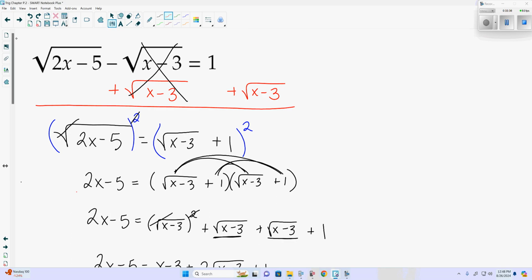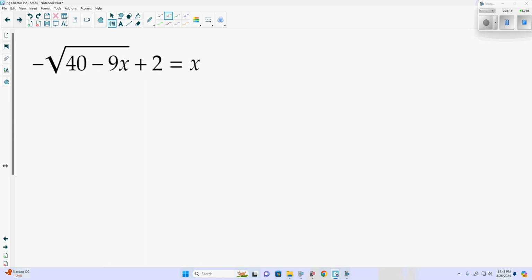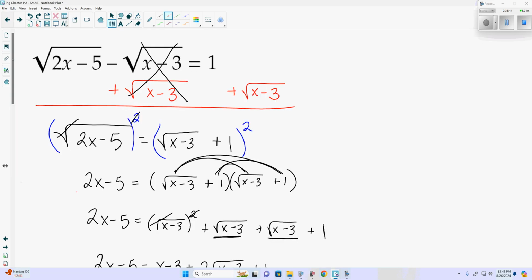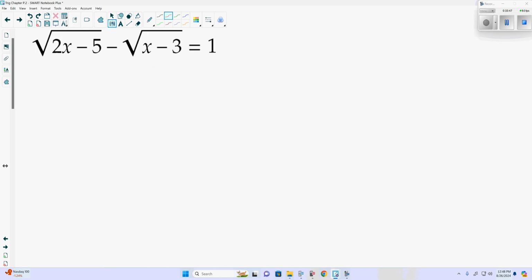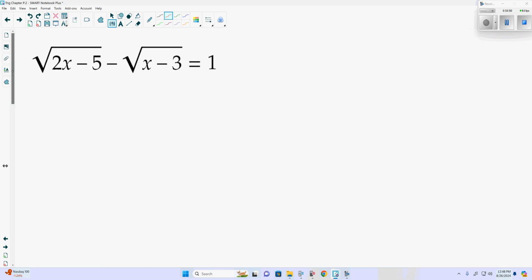See where we're at. Now, I'm not going to go through the whole process of this, but we could have solved this by just squaring both sides. Now, the right-hand side would end up just being 1 squared, or 1. Now, the left-hand side, we're going to take the square root of 2x minus 5 minus the square root of x minus 3